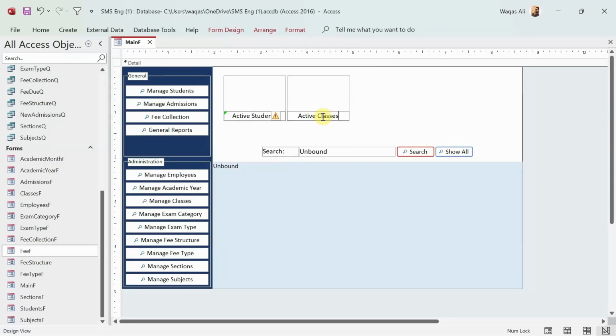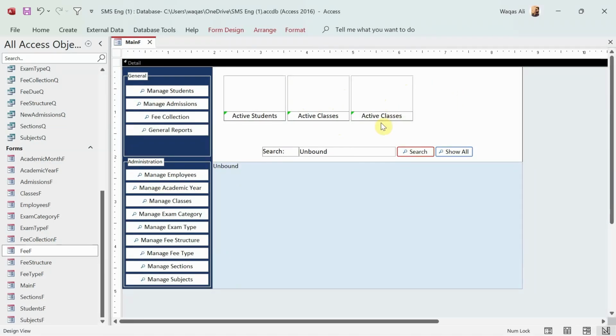Something like that. You can have another tile for perhaps what would be the other important information. I think it should be